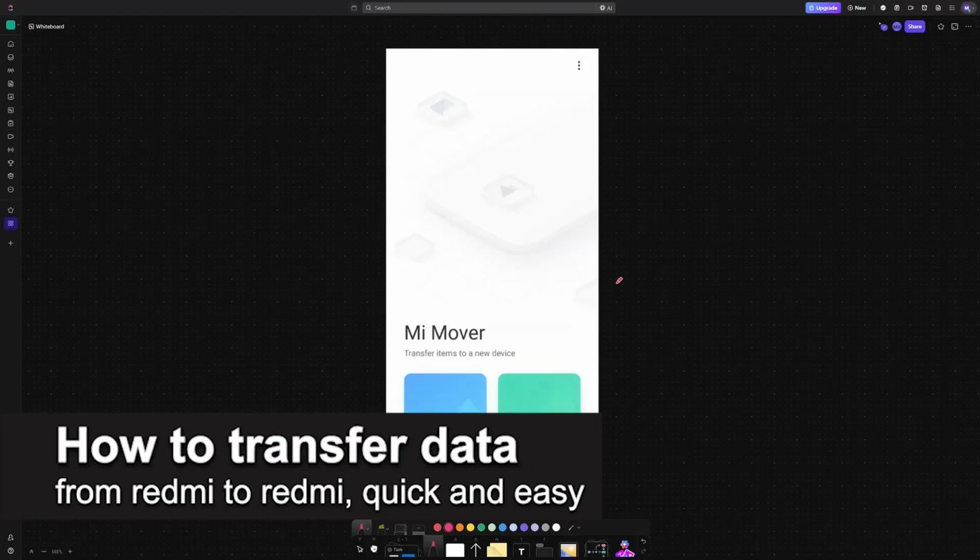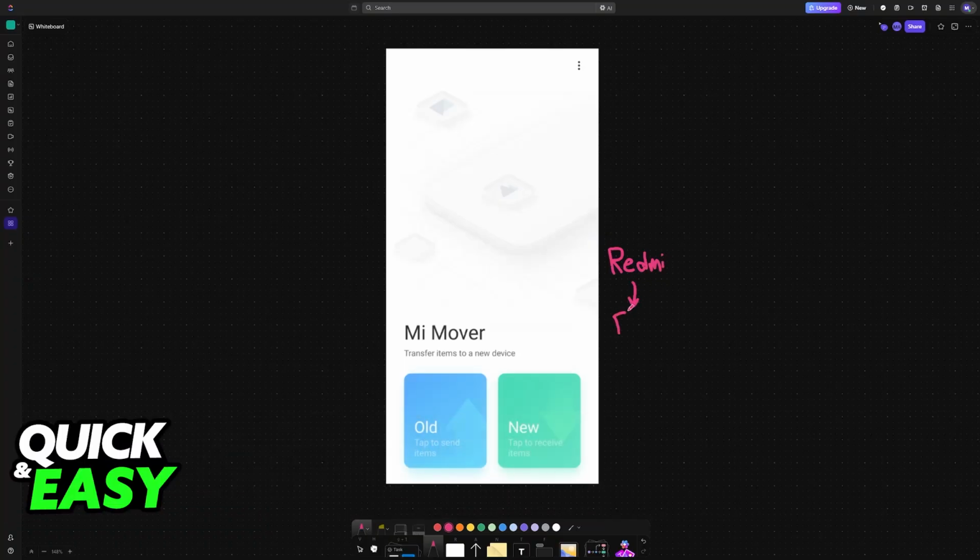In this video, I'm going to teach you how to transfer data from Redmi to Redmi. It's a very easy process, so make sure to follow along. If you have two Redmi devices, there are various different ways to transfer data between them. In this video, I want to showcase what I believe is the most convenient one by using the Mi Mover